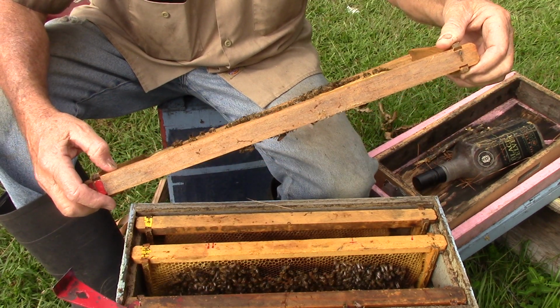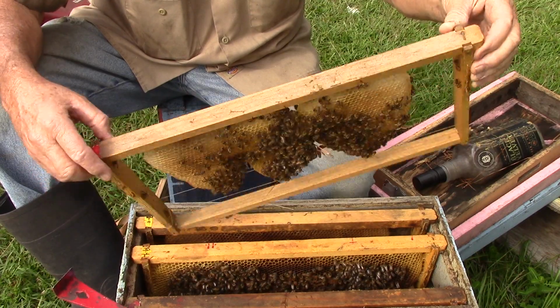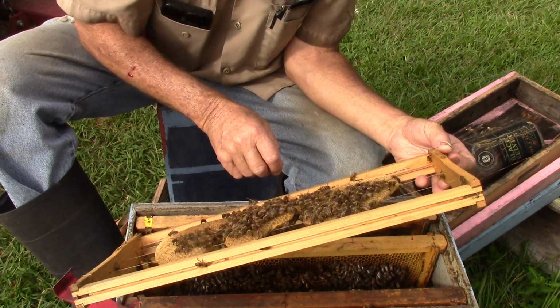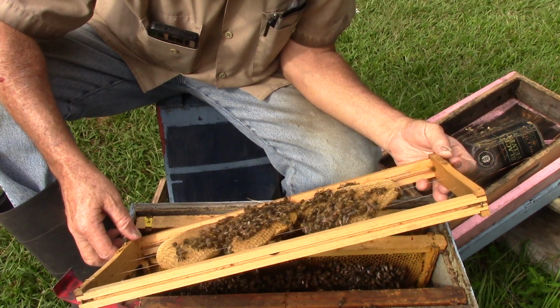This one here, they're working on the foundation. They're saying, Sam, we need some food. I know. Goldenrod is almost bloomed. I don't see no queen, but